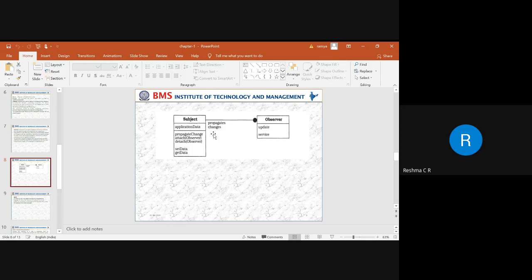The climate is going to change. So that is what a change propagation mechanism is going to appear there. Next we can attach the observer. We can detach the observer. Whatever changes are taken with respect to the climate, those propagation mechanisms will be adopted with respect to the interface. The solid black circle indicates the interface in this case. Whatever interfaces are there, through the interface it is going to update the observer.